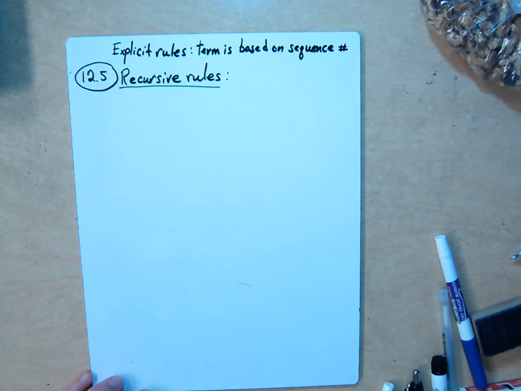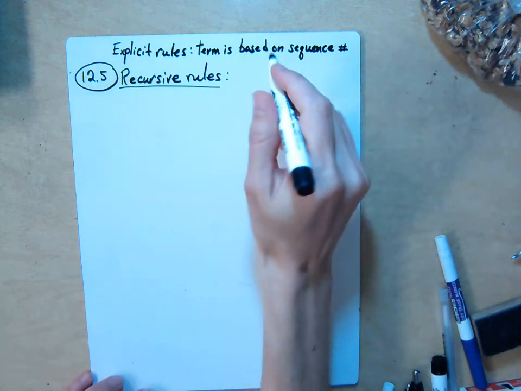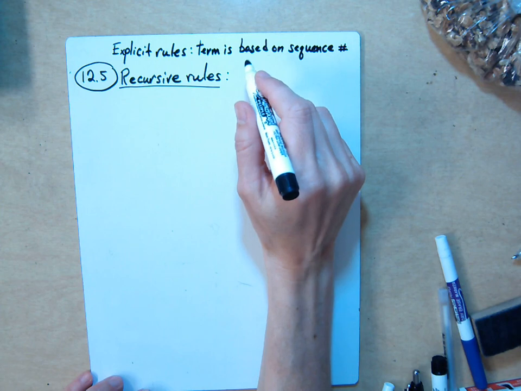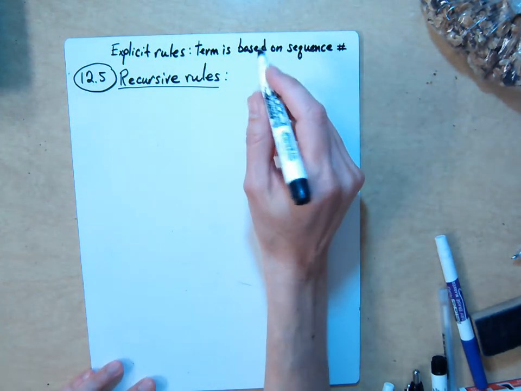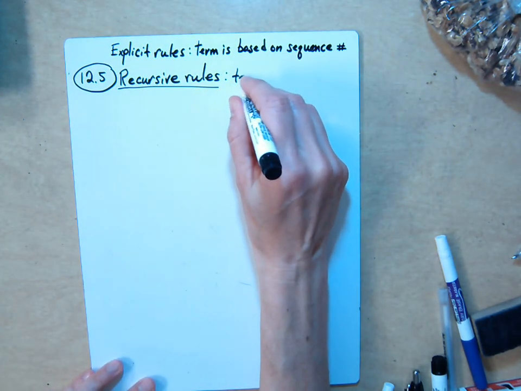But now we're going to do something that might seem even easier to some of you, and maybe it's just a different way of thinking about it. It's called a recursive rule, and that's where you define the term related to previous terms, which is super important when you write loops in computer science. Recursive rules actually make writing algorithms and programming simpler. So recursive rules, the term